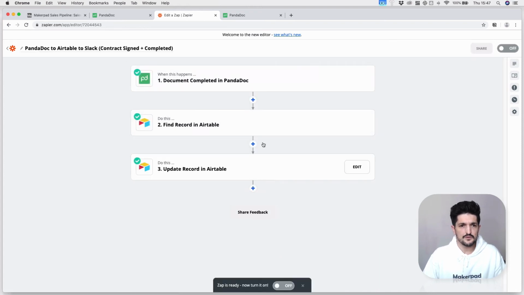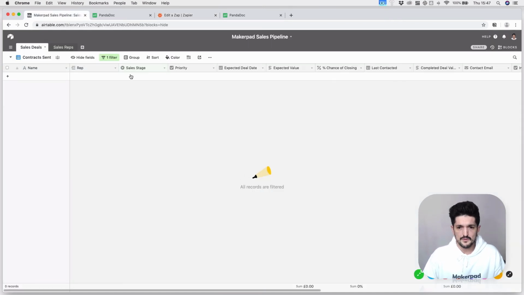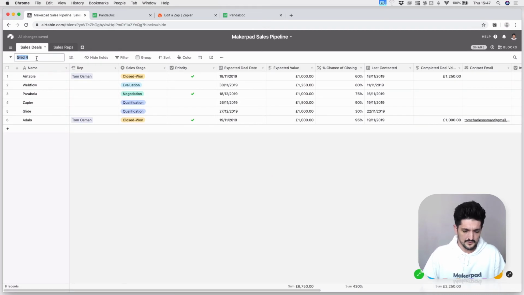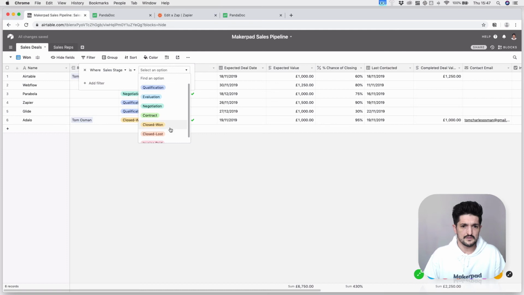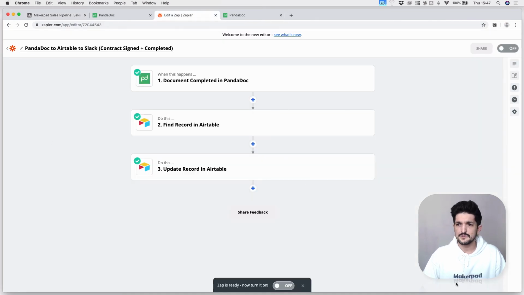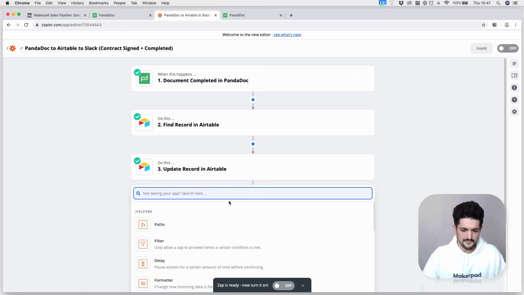Okay, so fingers crossed, if you go here, it won't be in this view anymore. Okay, great. So it's not there. If we add another view, I'm going to call it 1, we filter by where the sales stage contains closed and 1. Cool, we now have this value in here. So step by step, just to explain this once over again: document gets completed, find the record in Airtable, update that record, and then for the final step,